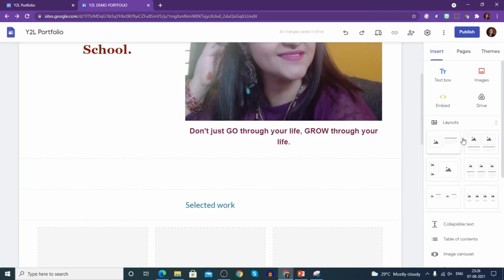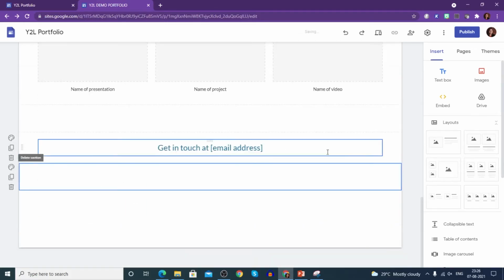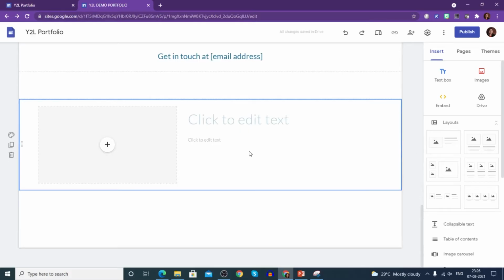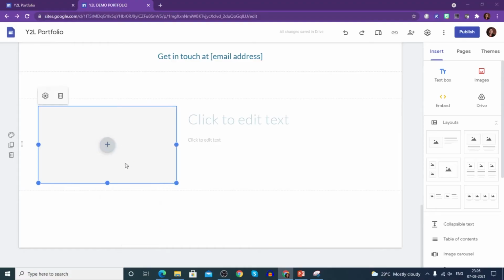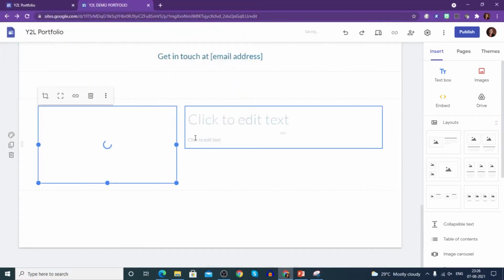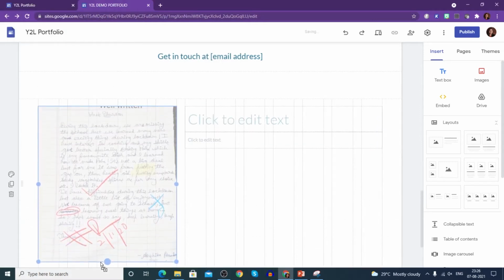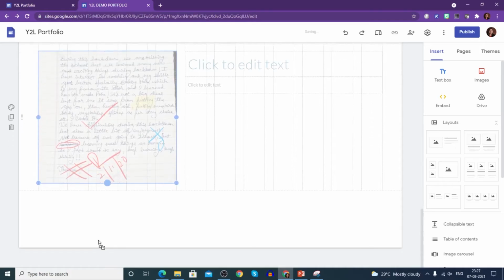Further, it gives you an option of layouts, right? So these layouts are there. This layout says that 3 at one time if you want to choose this. If not, just simply delete it. Say I want this sort of thing to be here. What I'm going to do is I'm going to put one assignment, which is my first assignment. Anything you can put. So my first assignment I'm putting here. So I'm resizing it so that it accommodates the full assignment.